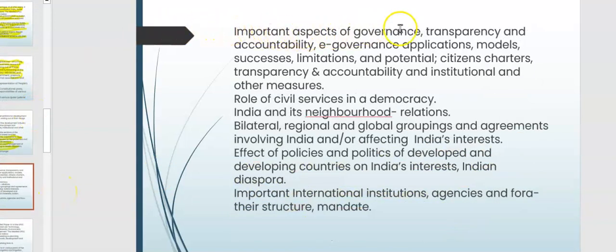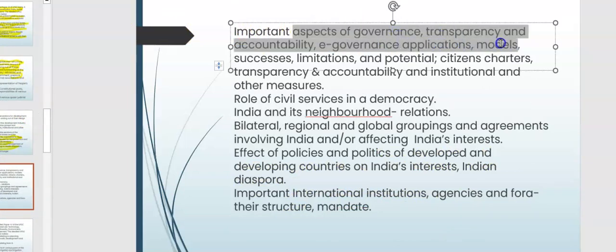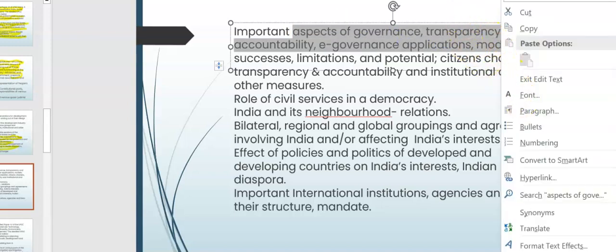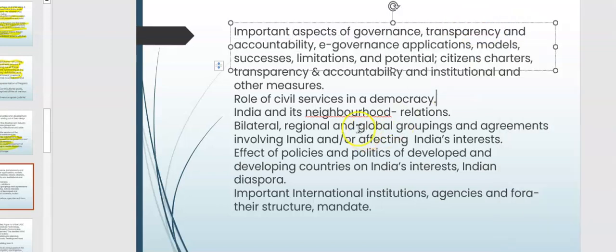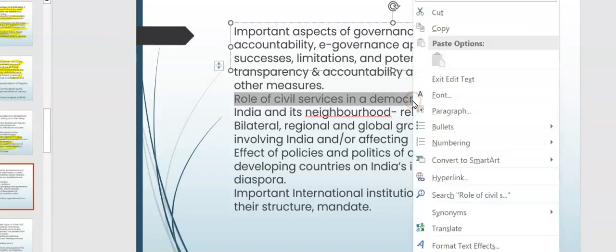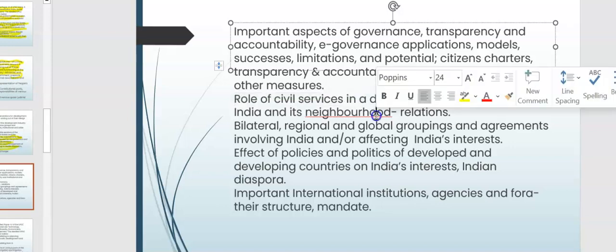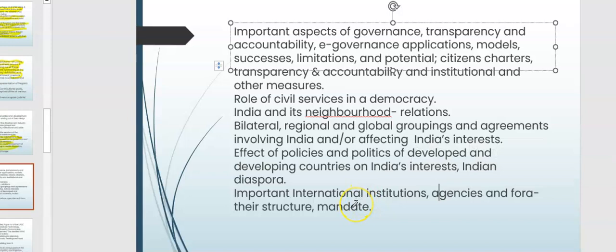important aspects of governance and transparency, e-governance applications, models, successes, limitations and potential, citizens charters, transparency and accountability and institutional measures, role of civil services in a democracy, India and its neighborhood relations, bilateral and regional global groupings and agreements involving India and or affecting India's interests, effect of policies and politics of developed, underdeveloped